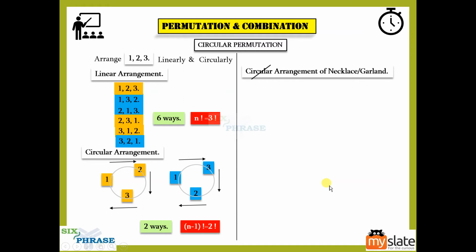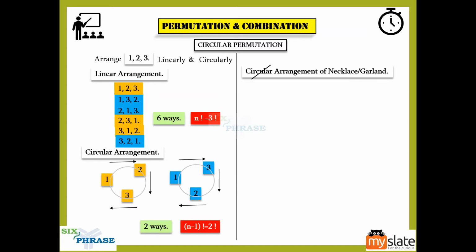Okay, the reason is you've seen a necklace, right? When you see a necklace, guys, just look at it in the mirror. How does it look? It looks the same. Or why does it look the same in the mirror? It means the right hand side and the left hand side are exactly the same. It is symmetrical. We call it symmetrical. When the right hand side and the left hand side are the same, what does it mean? It means the clockwise movement, whatever you get, is the same as the anti-clockwise. So clockwise and anti-clockwise are not two different things, they are the same thing.